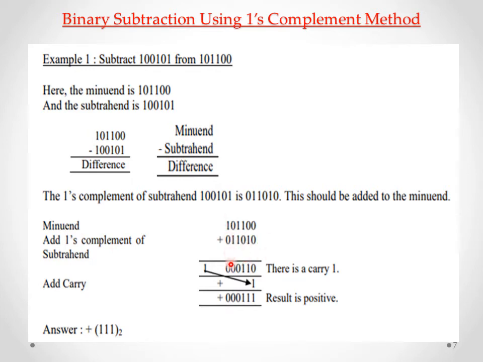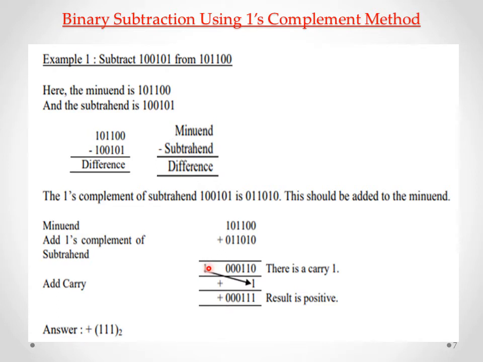Now we are adding the two values. So 0 plus 0 is 0, 0 plus 1 is 1, 1 plus 0 is 1, 1 plus 1 is 1 0. I am writing the sum here, and the carry is added with the next higher order bit here. So again 1 plus 1 is 0. So the sum is 0 and the carry is added with the next higher order bit. So in this position we are having 1 plus 1 with 0. So 1 0, the final carry also arises.